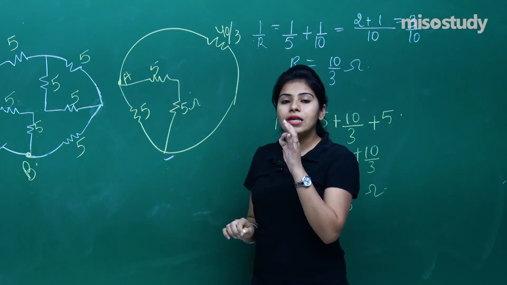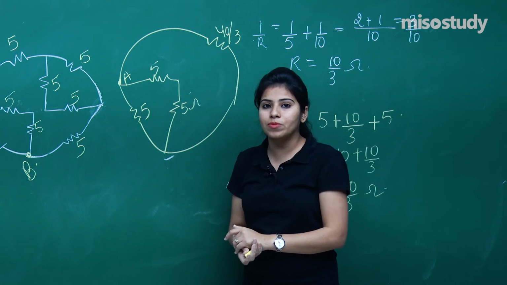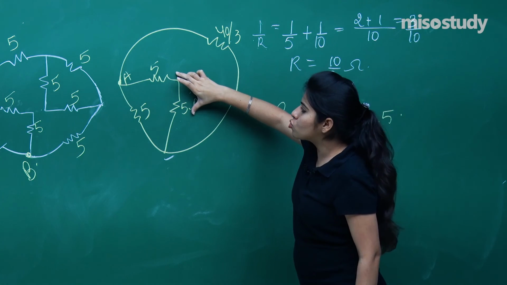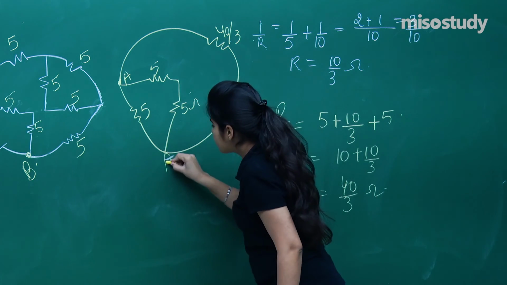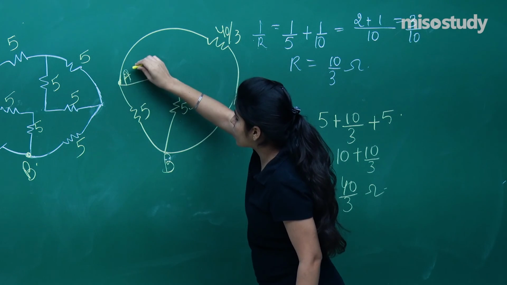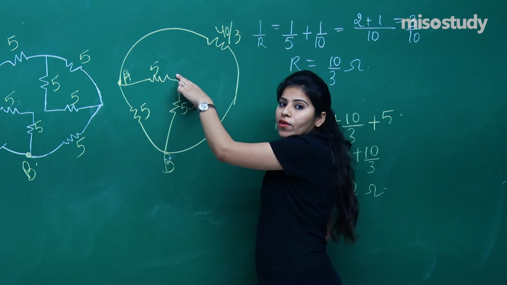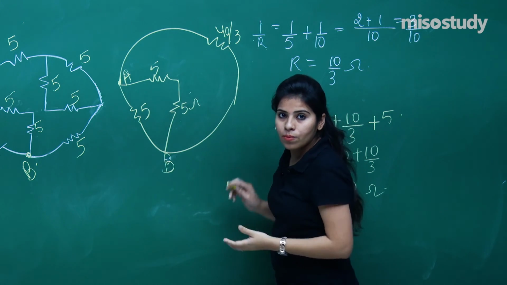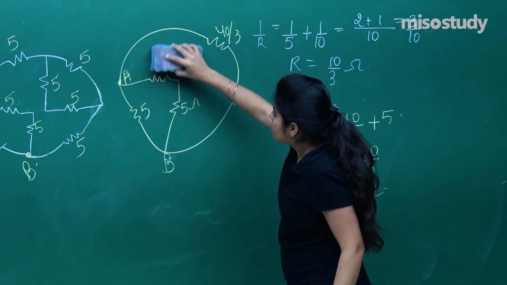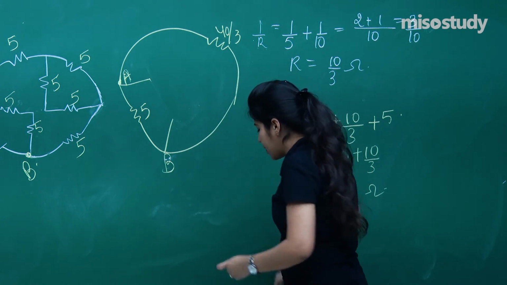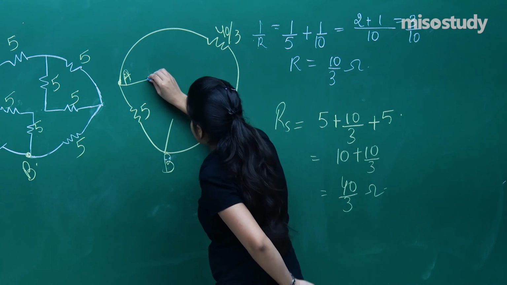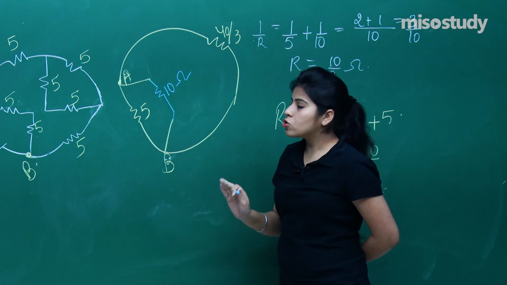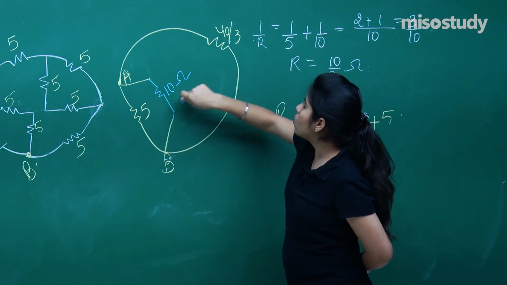Now the simplest circuit has been seen over here. You have this resistance as 40 by 3 and you can see these two resistors are connected in series. This is point A, this is B, do not forget that. These two 5 ohm resistors are connected in series, so you will have your resistance as 10 ohm. So can I remove this and write this complete as 10 ohm? Understood? So now what you can see, 1, 2 and 3.